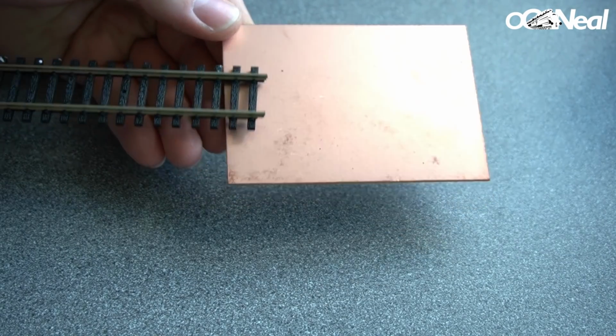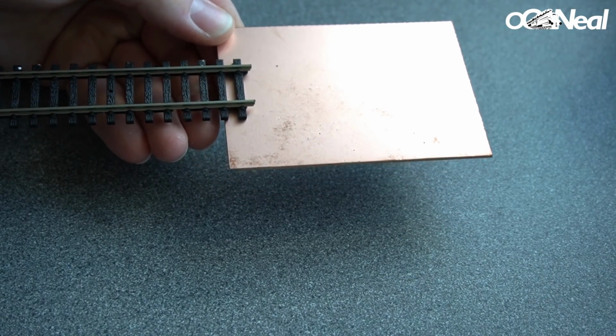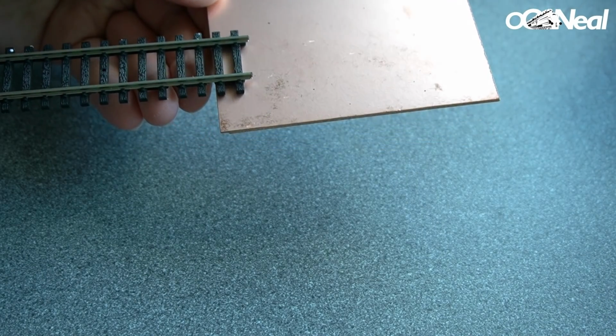Well, what I want to do on the lift out section is, where the tracks would join up, where there's going to be a gap, I want to have a copper clad piece connecting up the track. Basically we're going to take out these two sleepers. I'm going to zoom in now with the camera, we can have a look at that. So we've got the track that's going to have two of its sleepers replaced with the copper